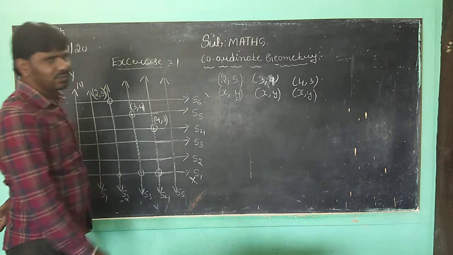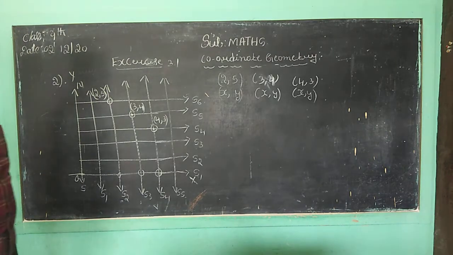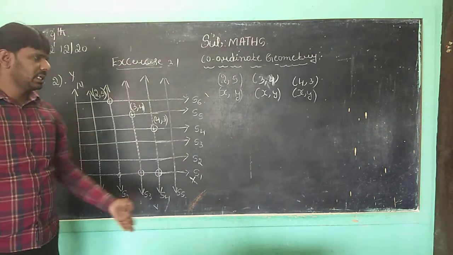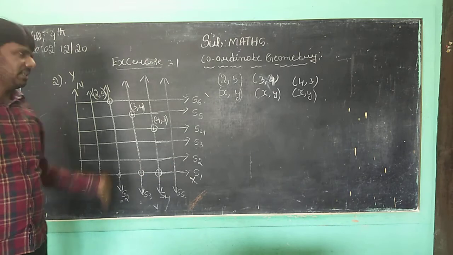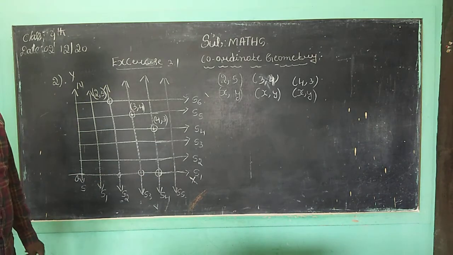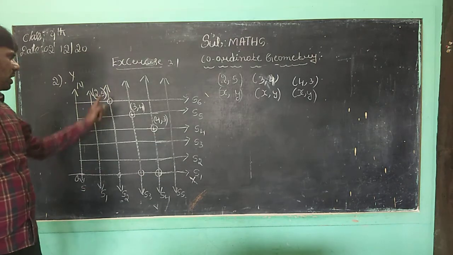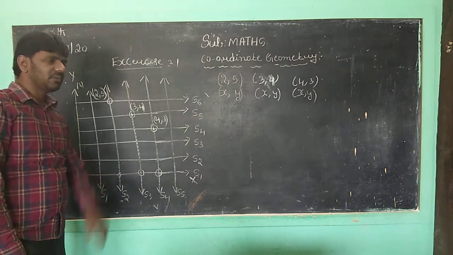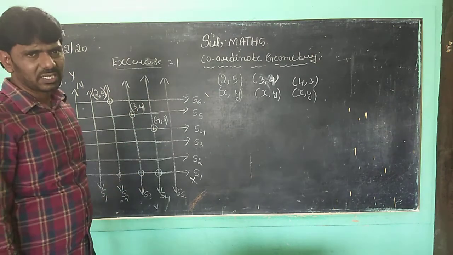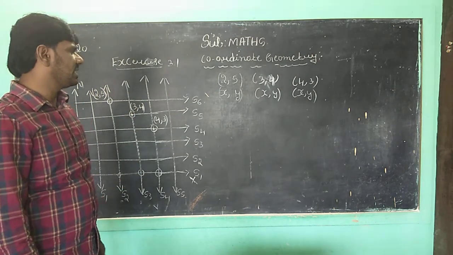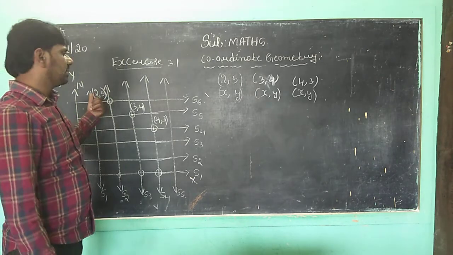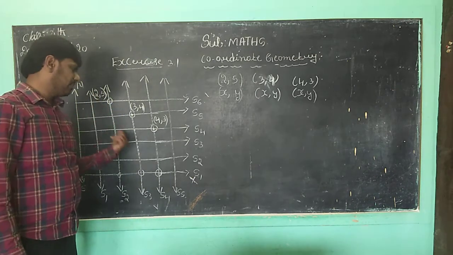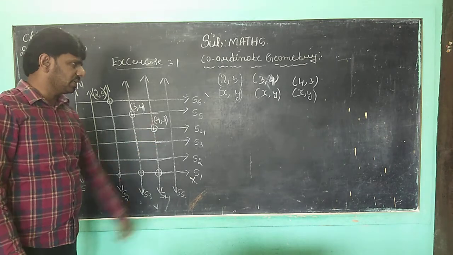Correct. The coordinates of the point having the junction C, children. This is the road. Then also horizontal line and then also vertical line. Correct, children? The coordinates that meet first is 2, comma 5. Second one is 3, comma 4. Third one is 4, comma 3. Correct, children? You want to represent this one 2, comma 5. The two streets are between 3, comma 4 and 4, comma 3.